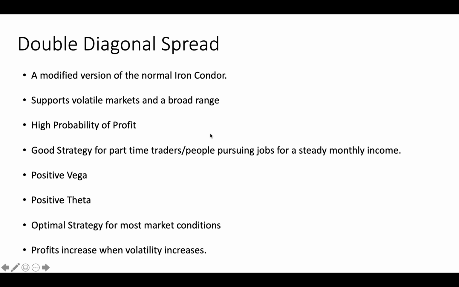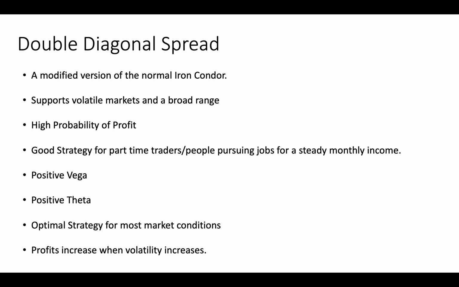So the double diagonal spread is a modified version of the normal iron condor. We are going to learn about some of the points about this strategy, and then we are going to go to Opstra and simulate and see how we can create and deploy this strategy. As I mentioned, it's a modified version of the normal iron condor, but